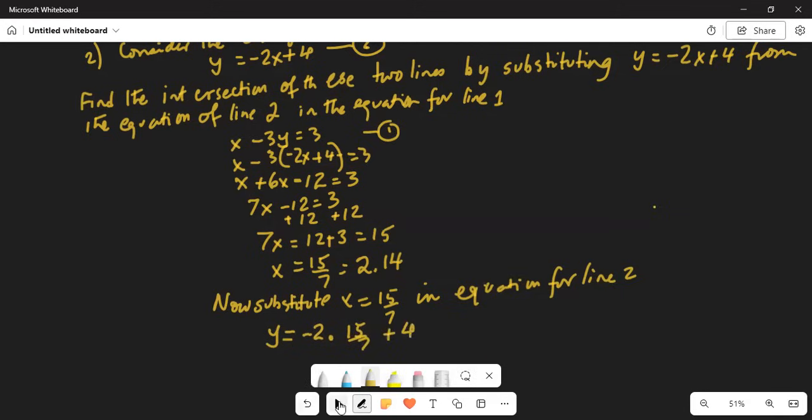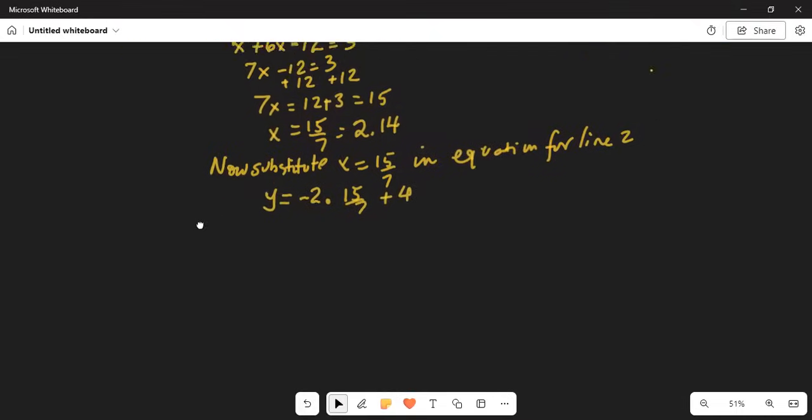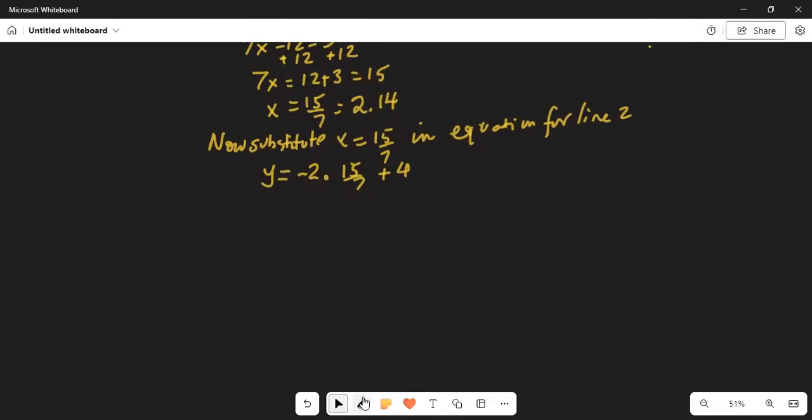Okay, so if I create some space, that is y equal to minus 2 times 15 is 30 over 7,